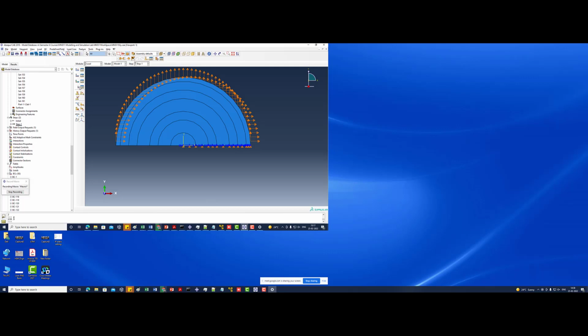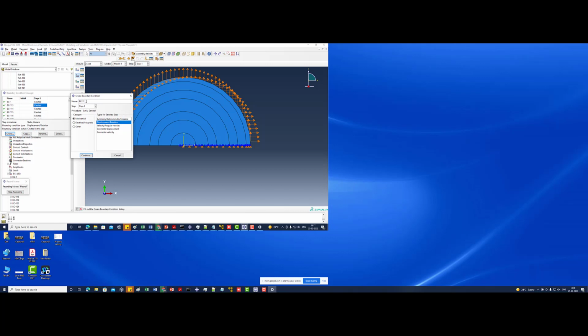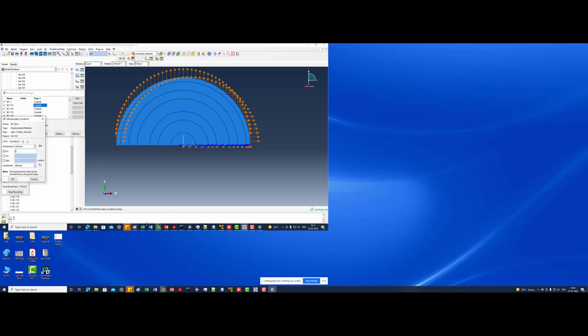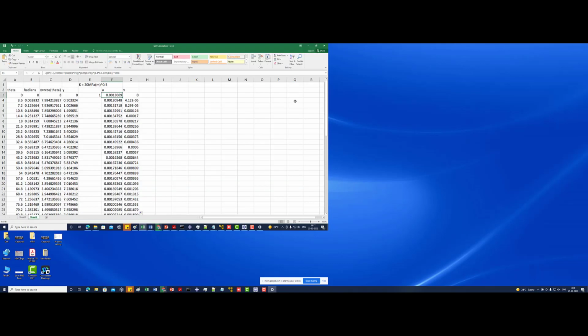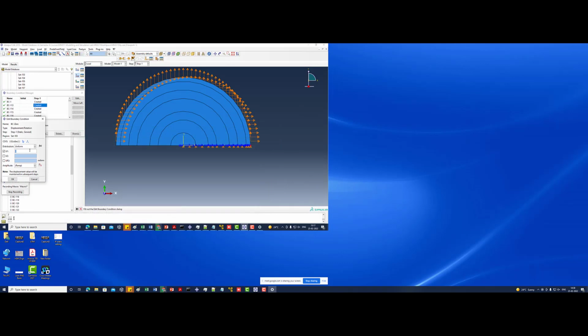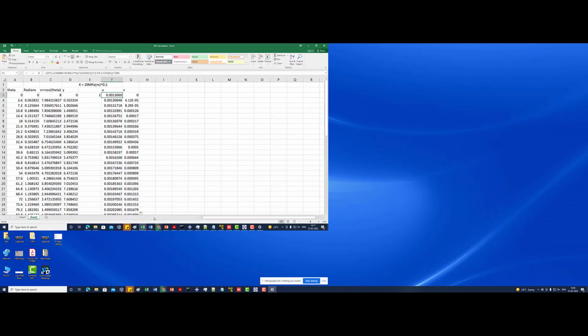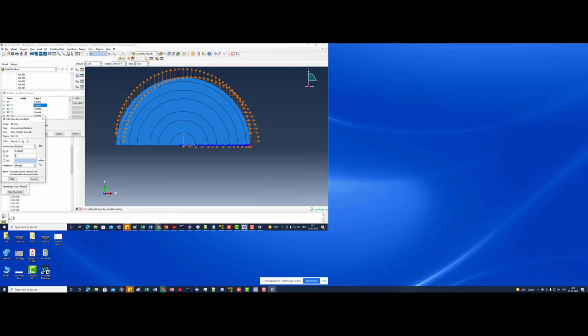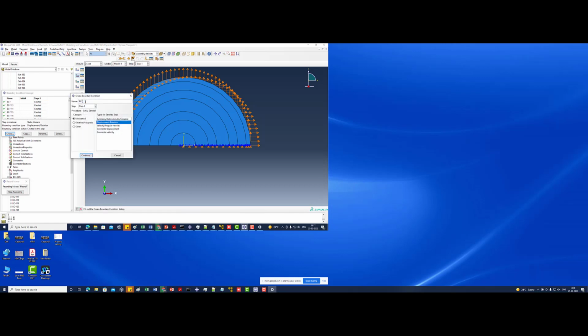So create 0 degree, this vertex, done. U1 was 0.001307, 0.001307, and U2 is 0. So 0, and we have to create BC is equal to 180,